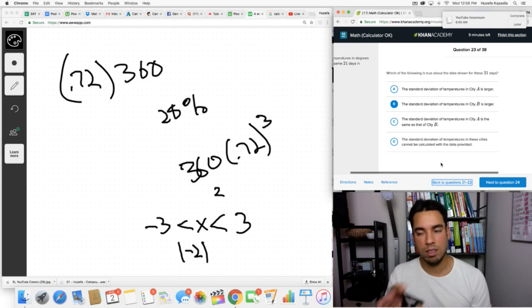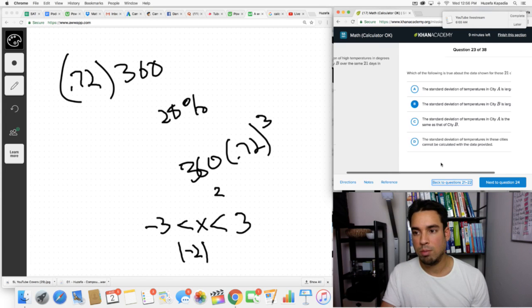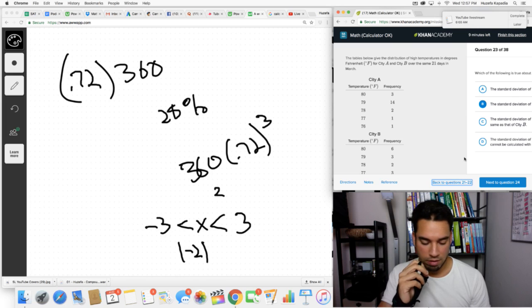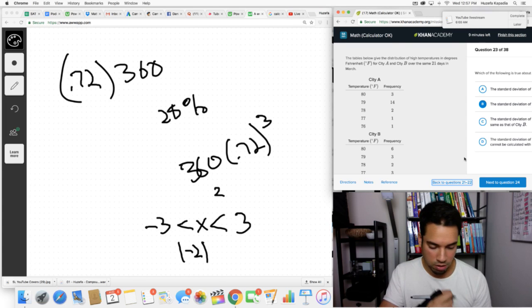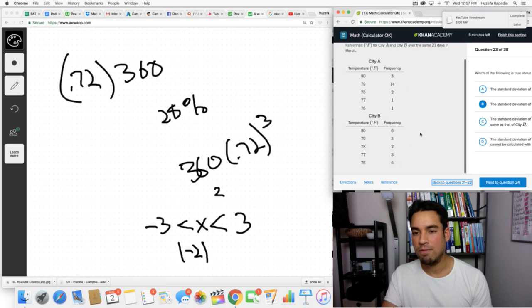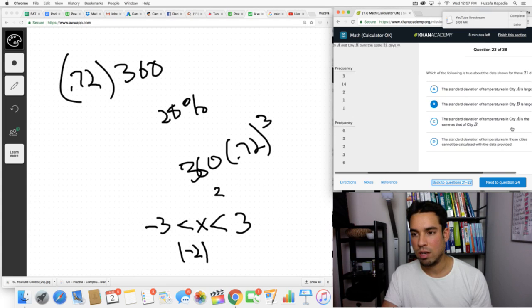This one is kind of a guess. The standard deviation of temperatures in city B is larger. I'm trying to remember standard deviation because I just don't do it a lot. The standard deviation measures how far you are from that middle value, from your measures of central tendency, and it's like the spread. So it looks like in city B they're more spread out. Here they're more concentrated around 79. So I'm feeling like city B has a greater standard deviation